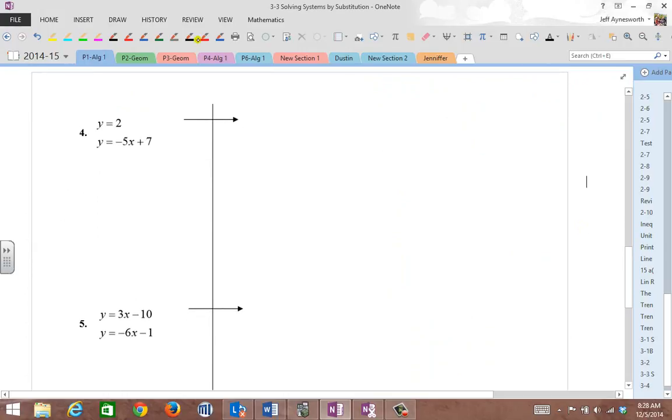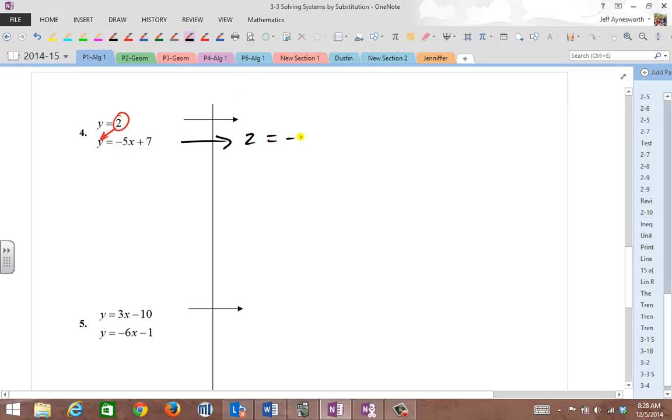Okay, now these are slightly different, right? Because you're going to have to get experience on different systems. Well, here I see y is 2. This is the easiest case in the world. I just say, hey, since y is 2, substitute it in, and I get 2 equals